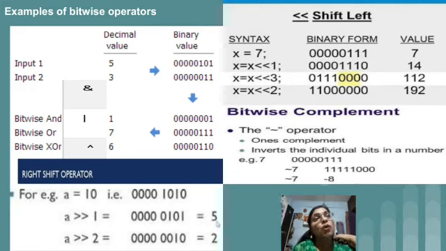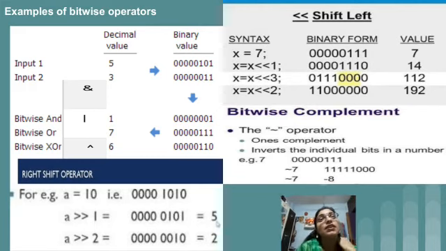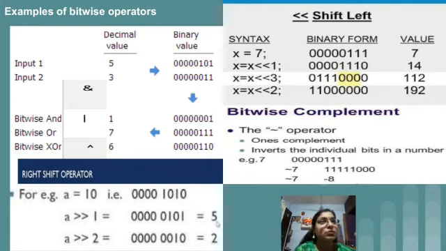After that, bitwise complement. Bitwise complement is similar to ones complement. How will we find ones complement? We have 7 as a number. What is the binary value of 7? 4 times 0, then 0 and triple 1. So in total we have 5 times 0 at the start and 3 times 1. The 5 zeros will be converted to 5 ones, and the 3 ones will be converted to 3 zeros. So we will get the answer as -8.